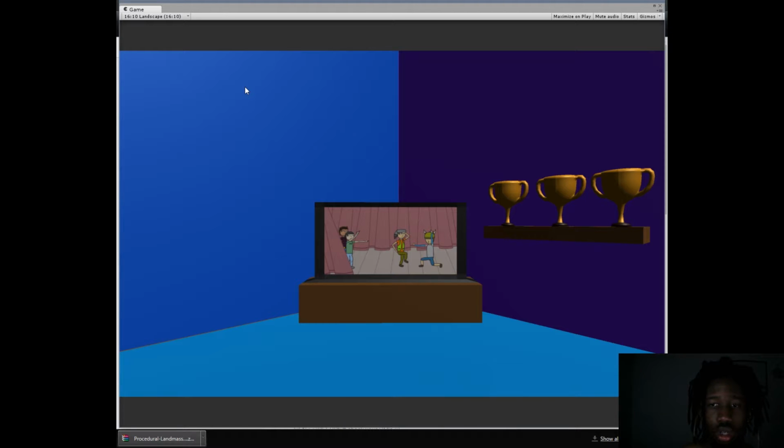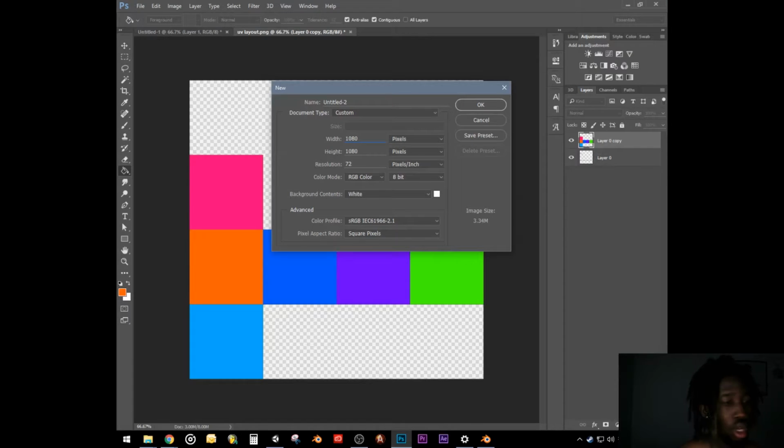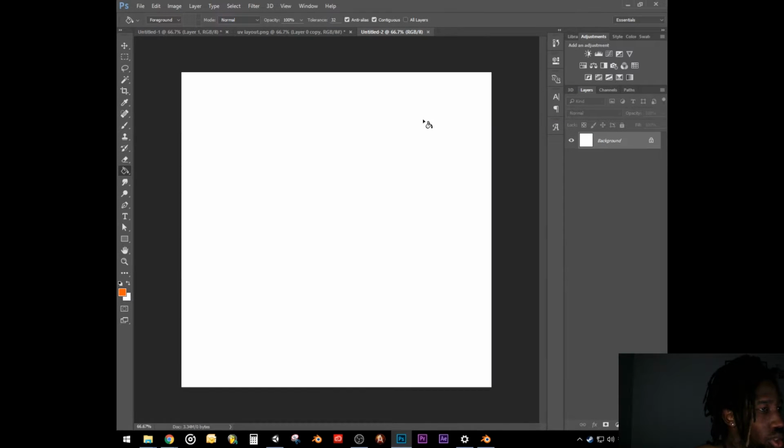Cool. So now all we have to do is just add the tiles, the actual tile texture that I want for the walls, and then I can do the carpet as well on this episode. So first thing I'm going to do, since all of these are equal squares, I'm going to make the entire tile on one equal square Photoshop image. And then from there, I'm going to add these images into each of the